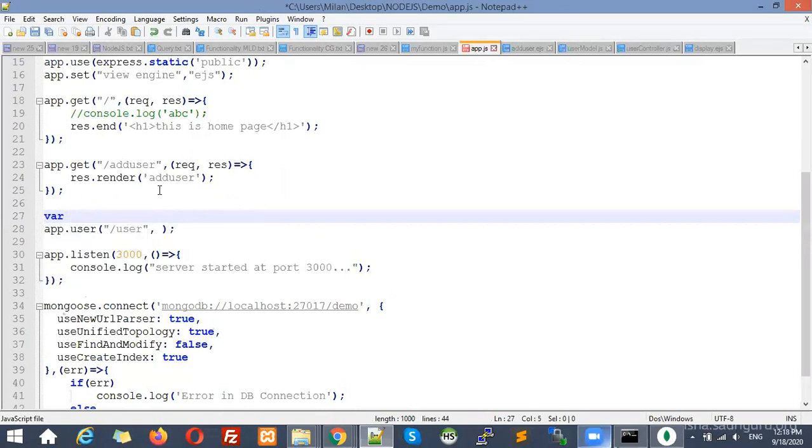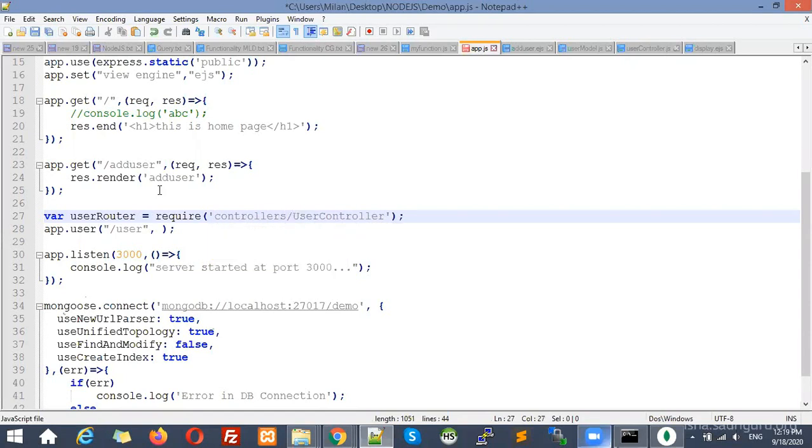So I'm going to create a variable. I'm going to write router, or I can say user router. Let me write user router. Which file? That is the user controller, and that is available inside which folder? It is controller.